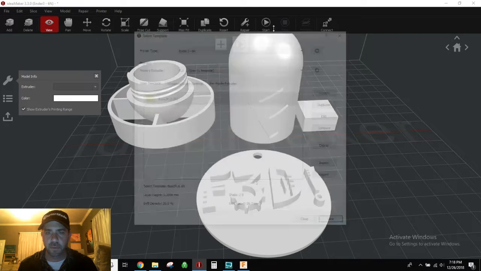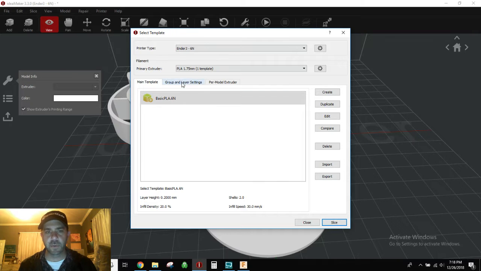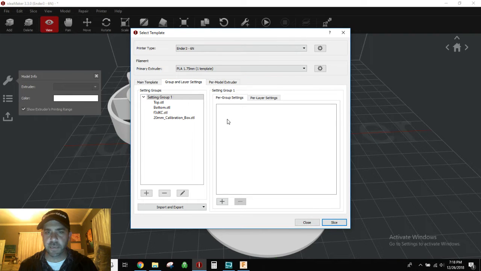Discard. So when you go to slice something, you notice you have your group and layer settings here, and so you can do something at the group level, meaning at this print level, or at a per layer level. The per layer is where you can change, say, the bottom portion I want to do a 0.2, then when I get here I want to do a 0.1, and then I'm back to a 0.2, whatever. So multiple layer height changes or temperature changes or